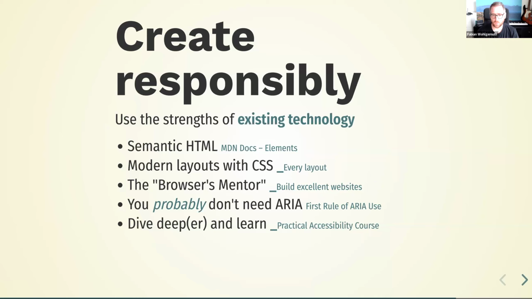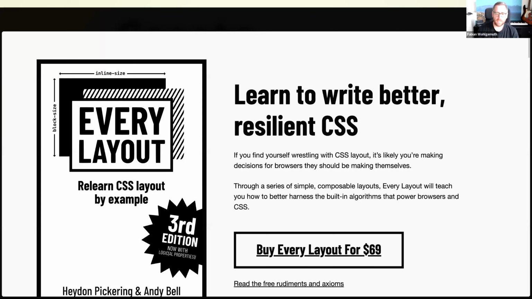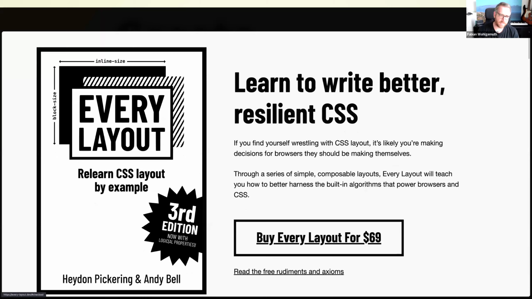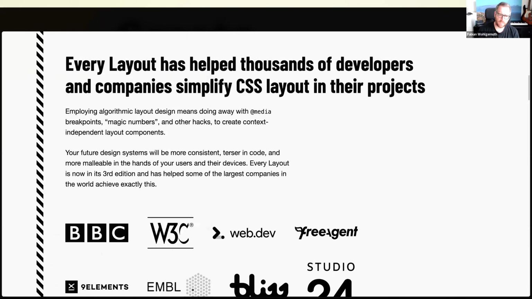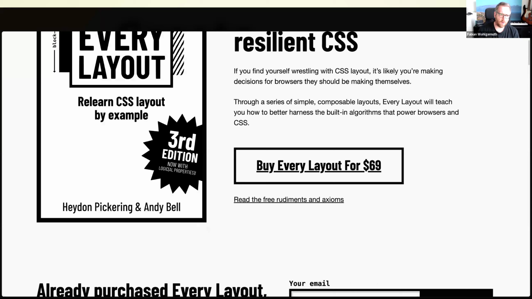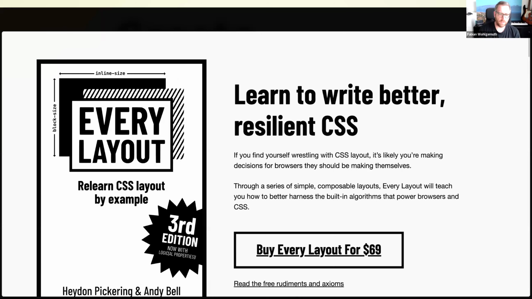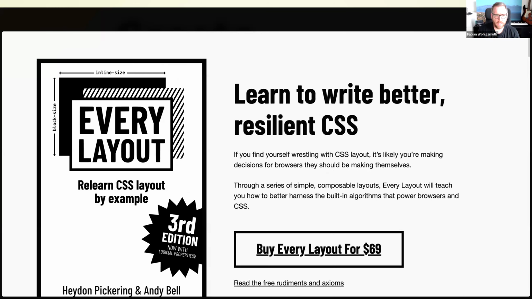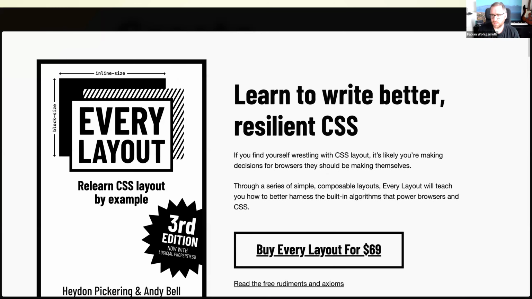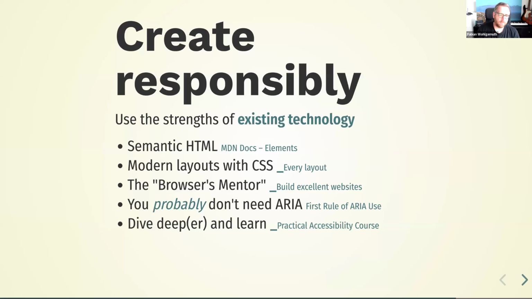Modern layouts we can build. There's a great website: Andy Bell and Heydon Pickering have Every Layout. You can buy it. I think there are 3 or 4 of those layouts in the free version as well. It is a great resource.